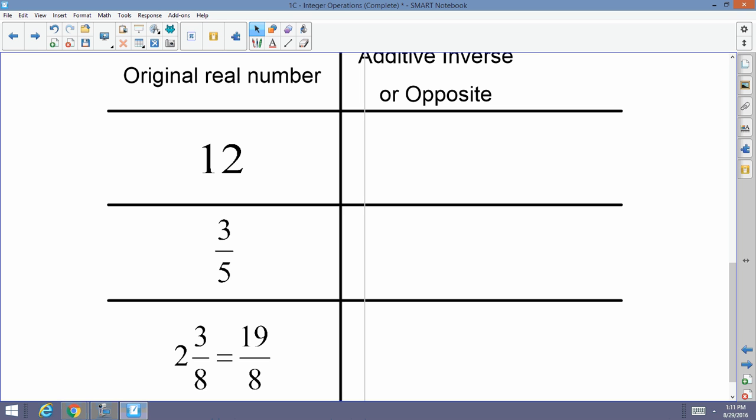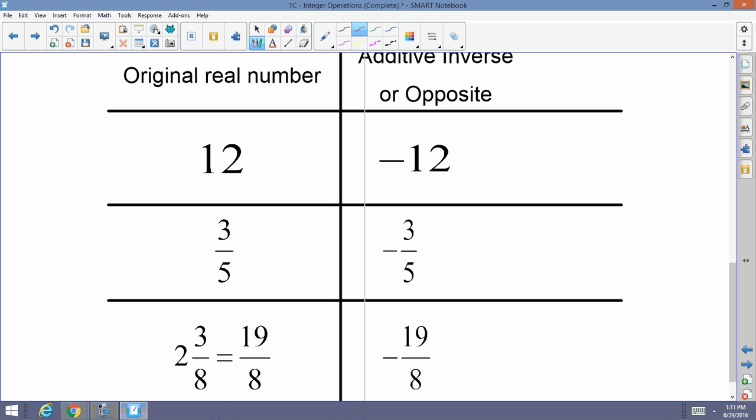So the original real number is 12. My opposite would be negative 12. If my original real number was 3/5, my additive inverse or opposite would be negative 3/5. If I have 2 3/8, I can convert it to an improper fraction of 19/8, and the additive inverse or opposite would be negative 19/8. Or if I wanted to find the additive inverse or opposite of 2 3/8, that would equal negative 2